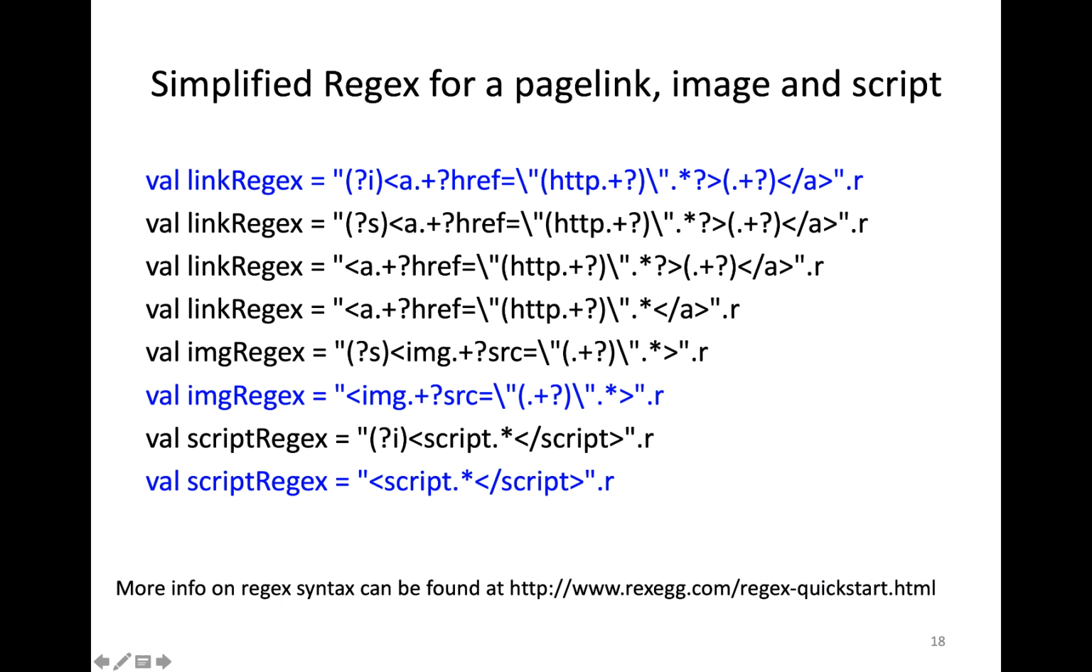Now we talked about the regex of a link, and here we show that there can be multiple variants of the regex, simpler to more complicated. But for simplicity, as we just talked about this one, let's just focus on that one for the link. Now